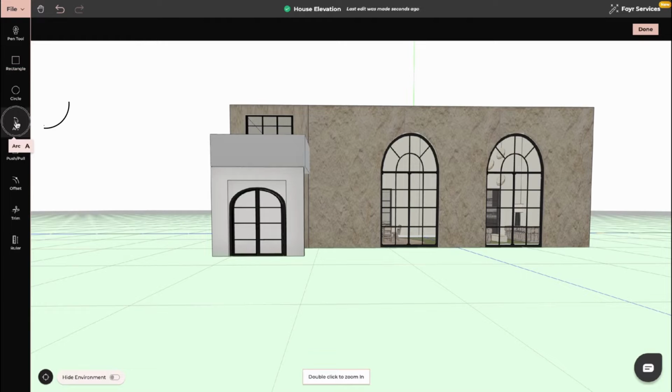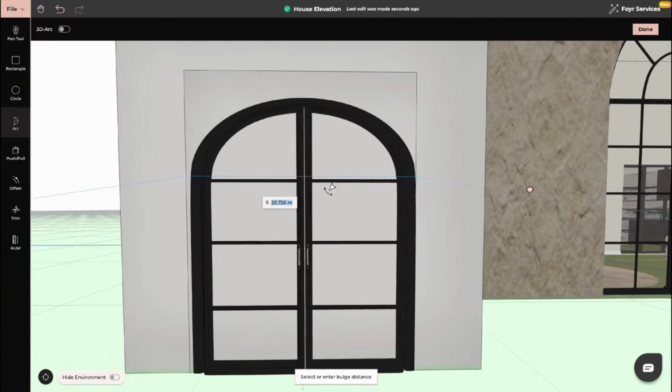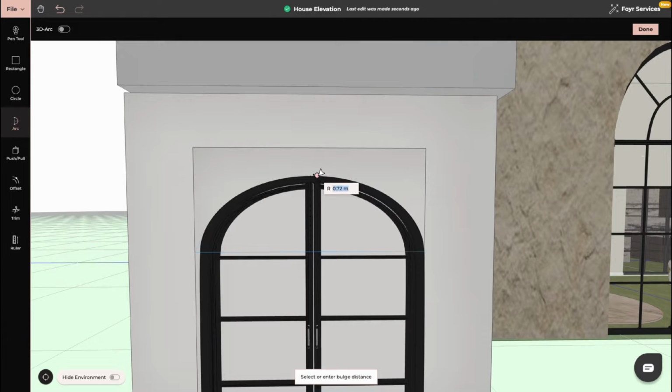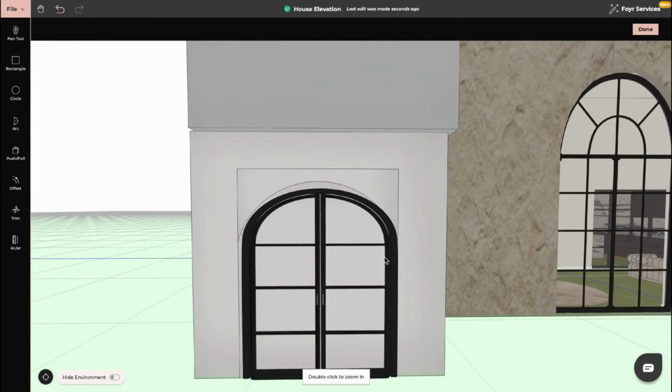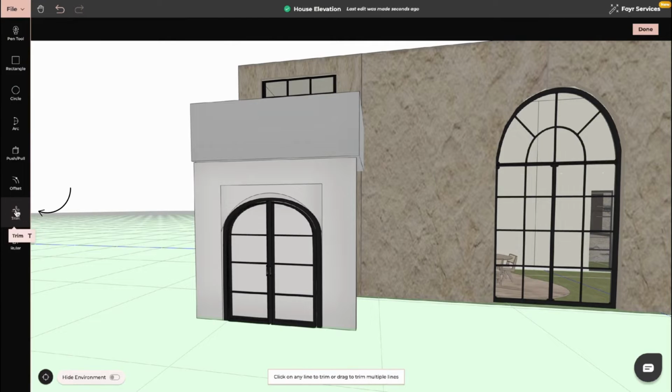Now we will go with the arc tool. We can try to start here and create a similar arch. Now the trim tool, we will trim away these parts, and now the push and pull, and we will remove this part. Now click on Done,